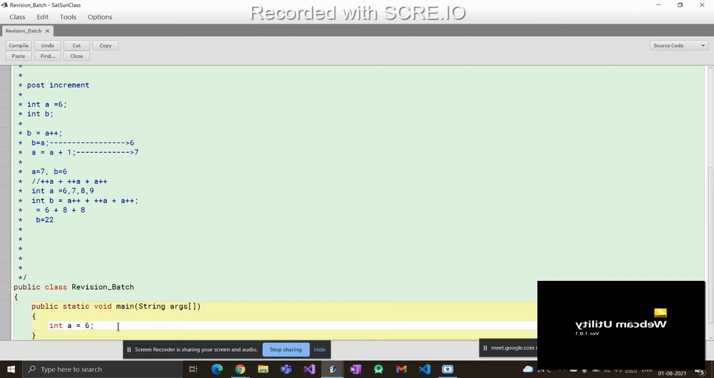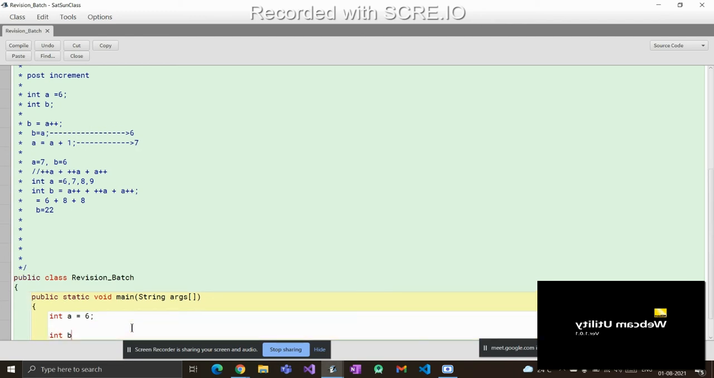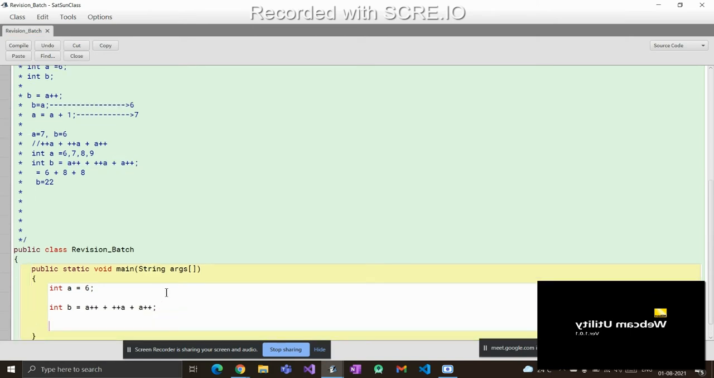So let's check it here. I have that expression written with me, so don't worry, we'll check it. Pay attention. Now I said int b equal to this expression which I gave over here. So let's copy this expression, Control C, Control V. After this, System.out.println, and in this you give value of a equal